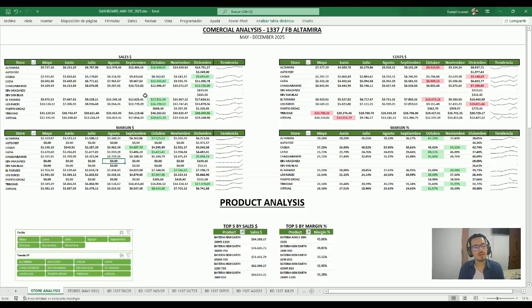And with conditional formatting, you can determine which was the best month for each store, with sales, margin, which shows that it's not the same for each month, and for cost, which store had more costs in which months, and of course the trend, which shows which stores have been improving over time, or which stores have been decreasing, in either margin or sales